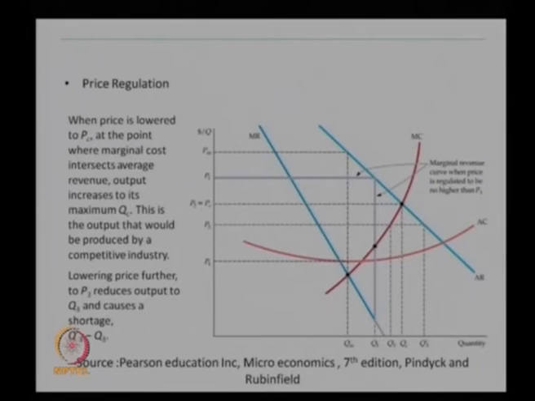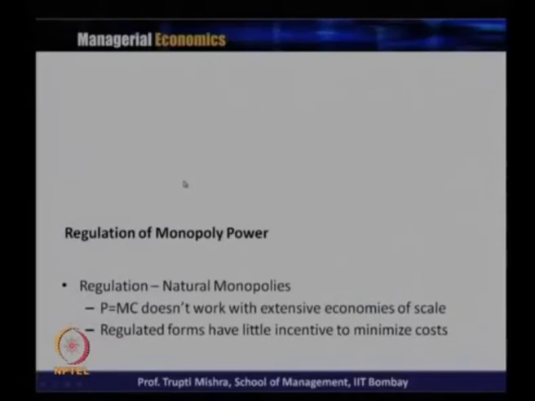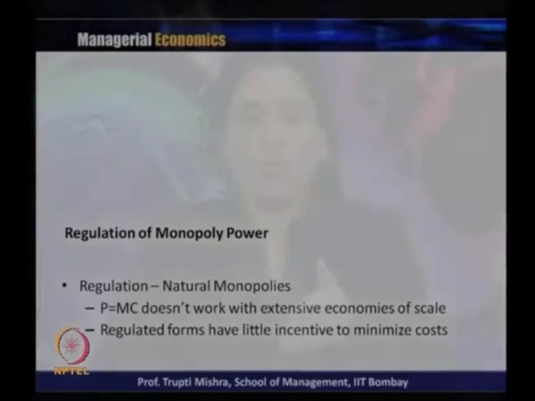So, this is again not profitable for the monopolist if, through regulation, we are reducing the price to even lower than the competitive price. So, here regulation works in the form of a ceiling price that somehow increases the output beyond the monopoly output and reduces the price below the monopoly price, so that some amount of the deadweight loss can be controlled through the regulation.